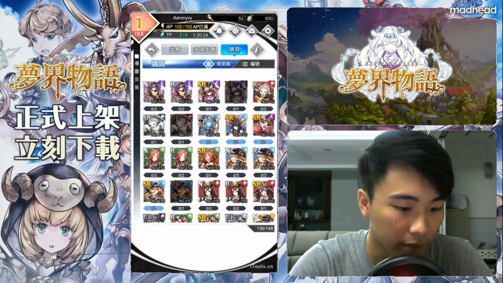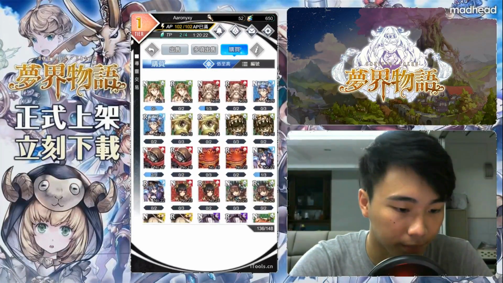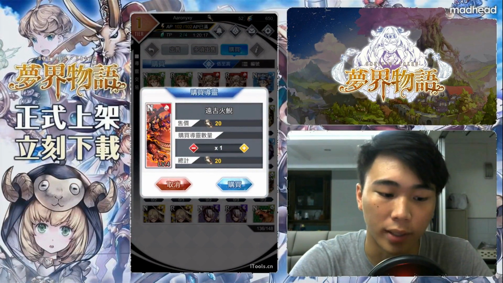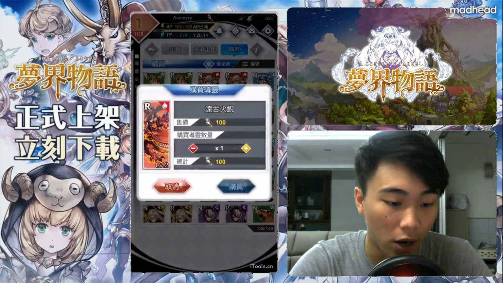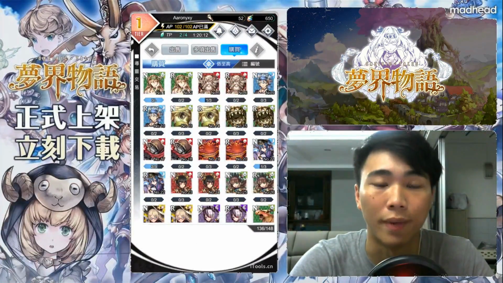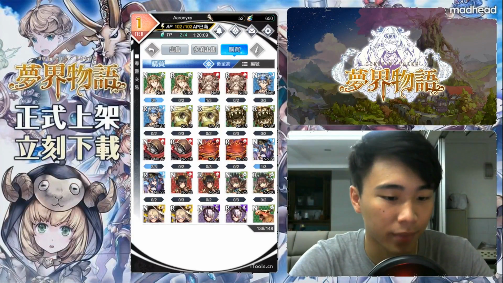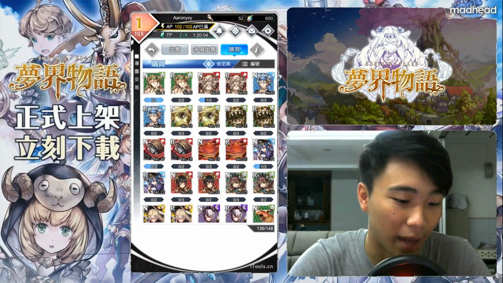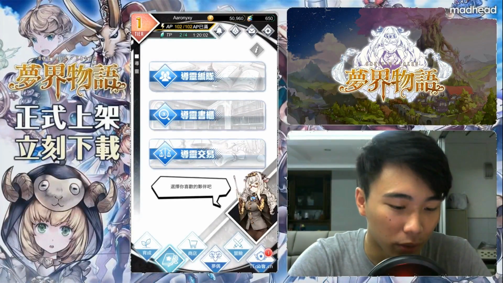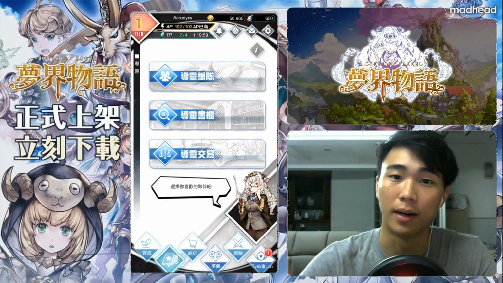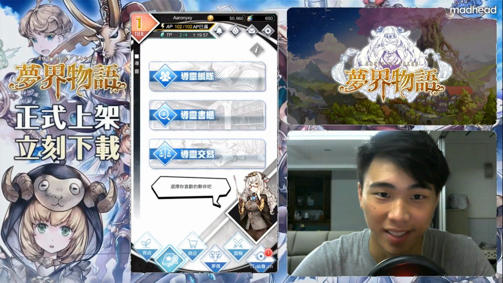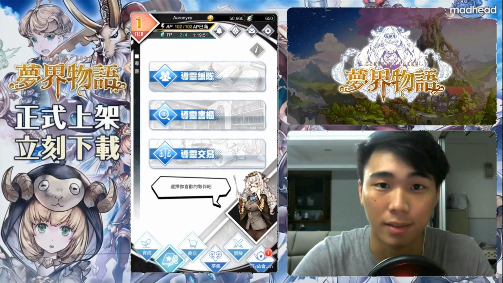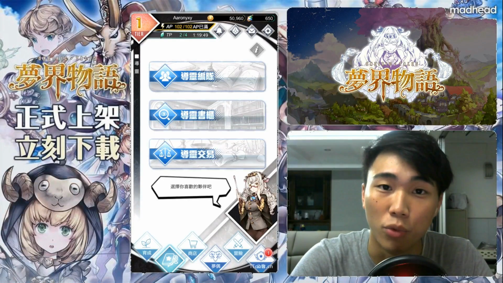Having said that, let's go through N rank. N rank requires 20 scrolls to purchase. R requires 100, and then SR is 1300. So it seems like a lot. It is a lot. This is pretty much the investment needed to purchase a card and max it out. So that's pretty much the inventory icon. This is going to be a very long video, but it's going to be worth it if you sit through the entire thing and understand the entire game. With this, we're going to move on to the next